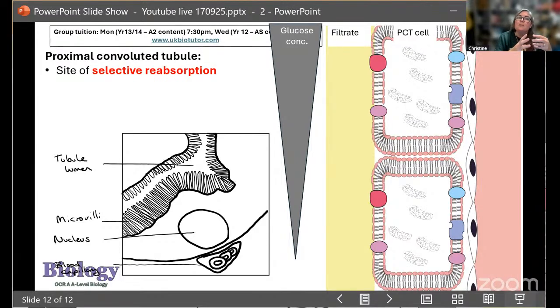And so for you to understand selective reabsorption, we actually have to take a step back and understand the membrane structure and the different substances, i.e. the proteins in the membrane. So we have these microvilli, and those microvilli are going to increase the surface area. If there's more surface area, there's going to be more proteins, therefore allowing for more reabsorption to occur of these